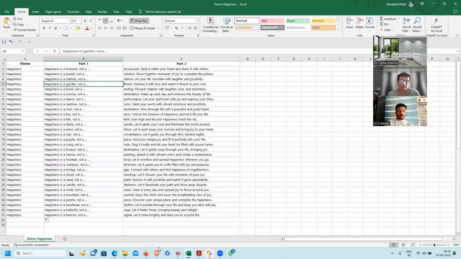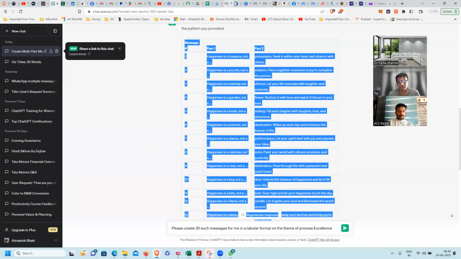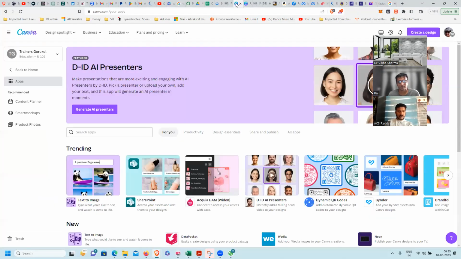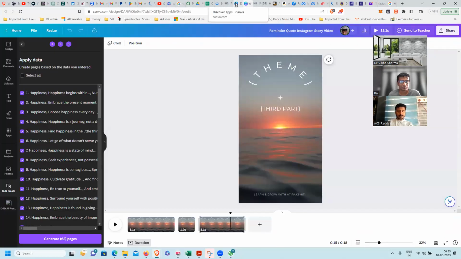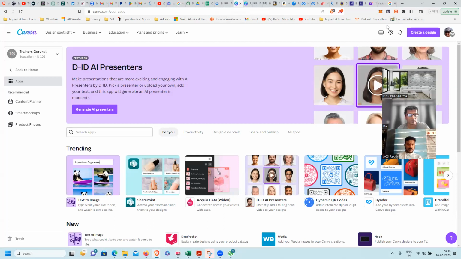Now we jump into Canva. In Canva, we'll have this option here, create a design.